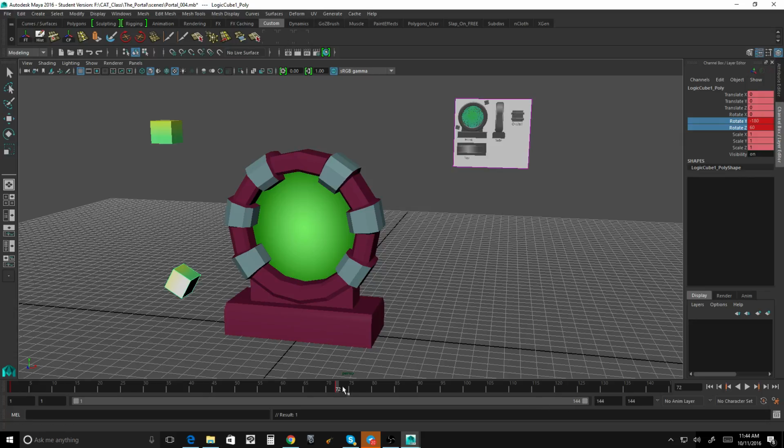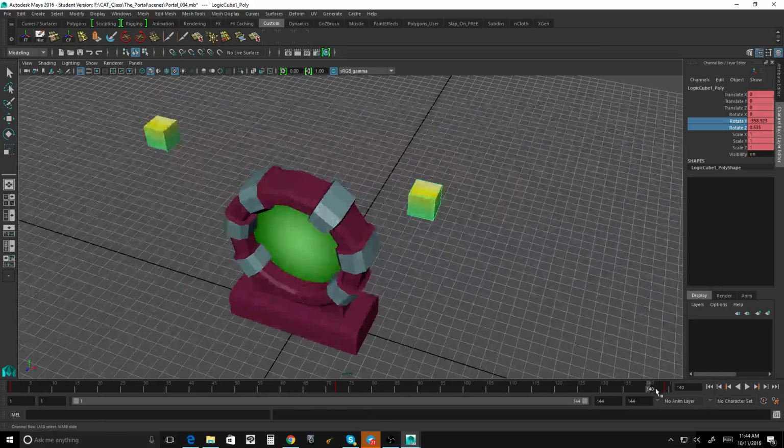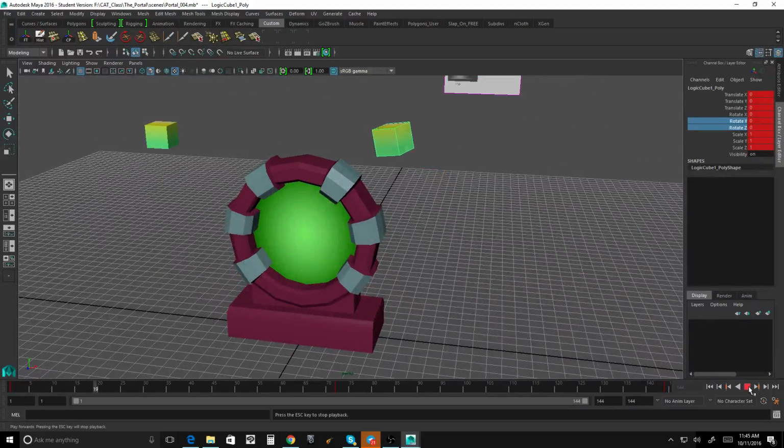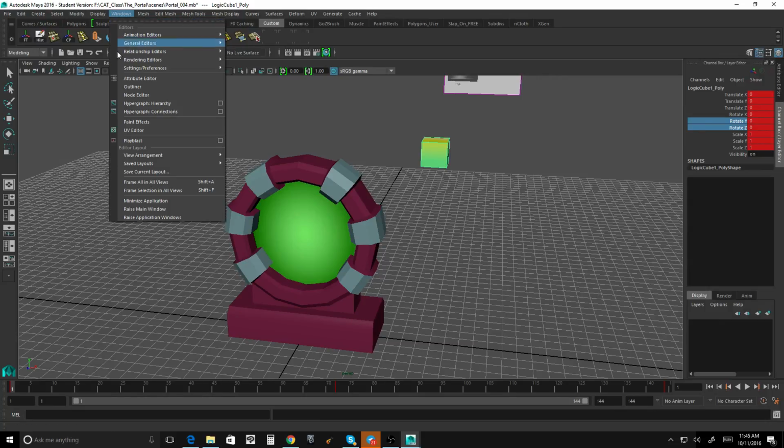So then I'll go all the way up to 144, and I will put it at a negative 360 because that puts it back in a position at the beginning, and 0 here. So now key that, and it should rotate all the way around, see? There you go. So let's take a look at that. If we hit play, now there's a slight pause when it gets to the 1 point, but we can fix that by going to